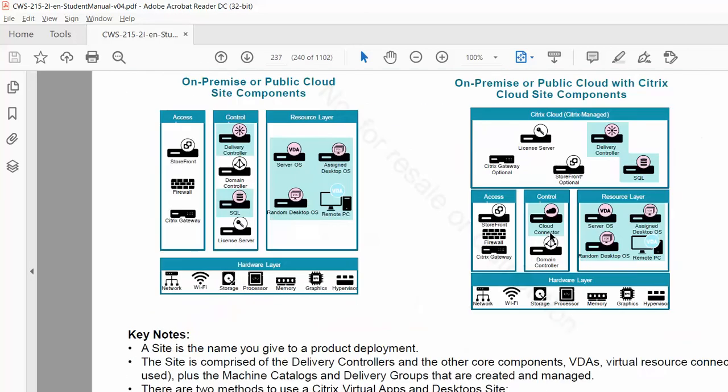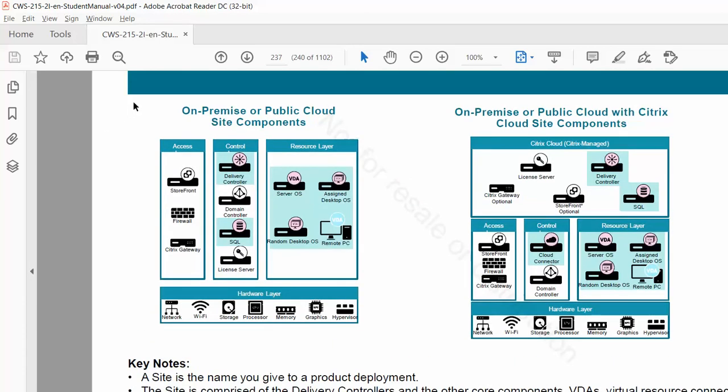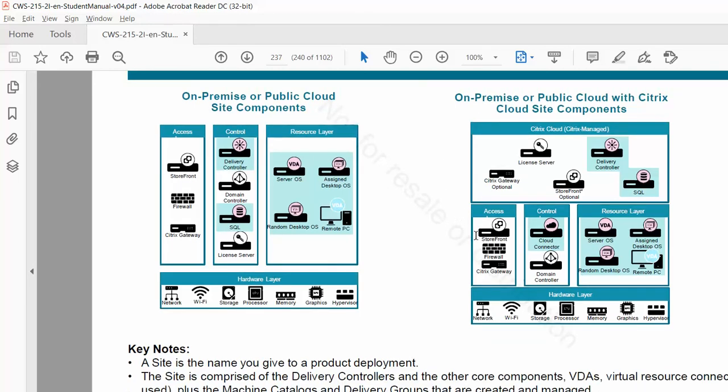Coming to on-premises and public cloud sites. Guys, don't worry, these diagrams are shown very frequently, so there's no need to discuss them here. Normally the components run on Citrix Cloud, and everything is taken care of. Everything is managed by the cloud. This is called fully managed services. Unnecessarily repeating the same topic every time gets boring, so I'm skipping this slide.